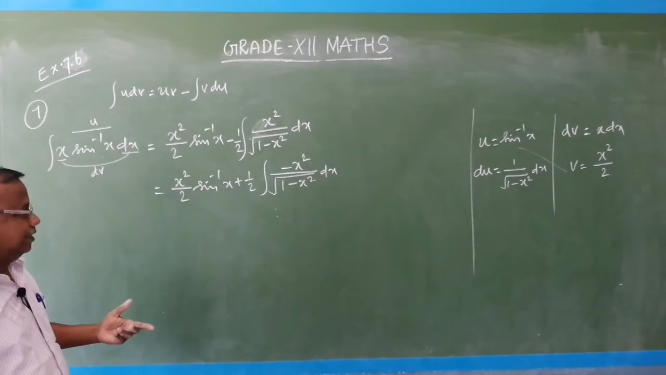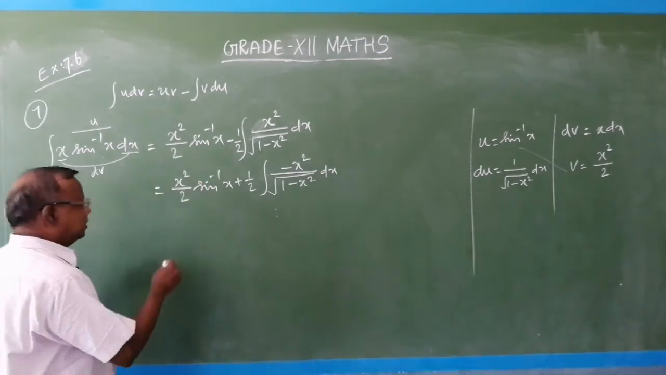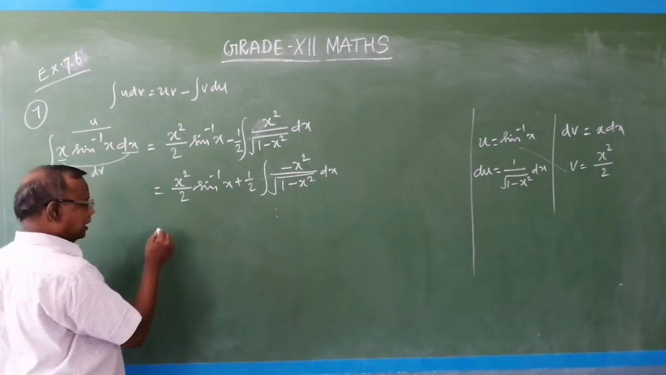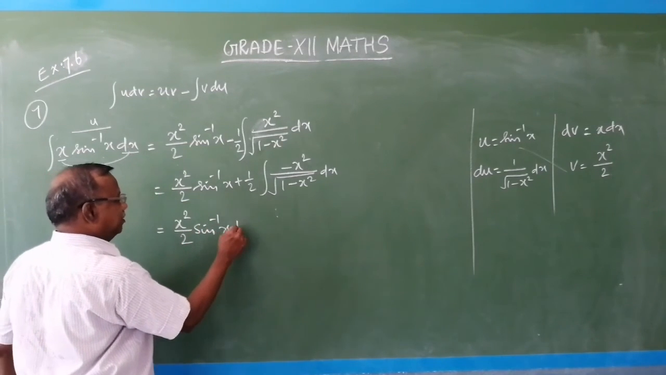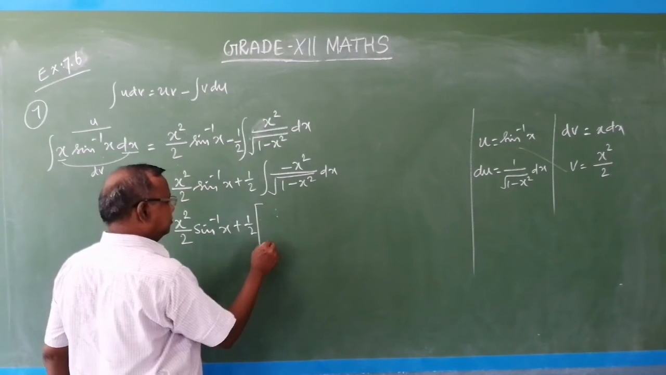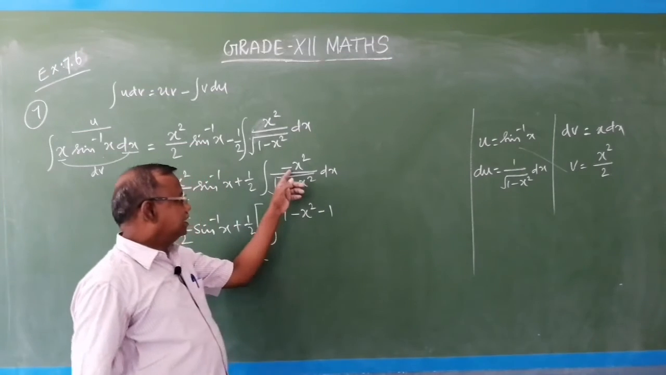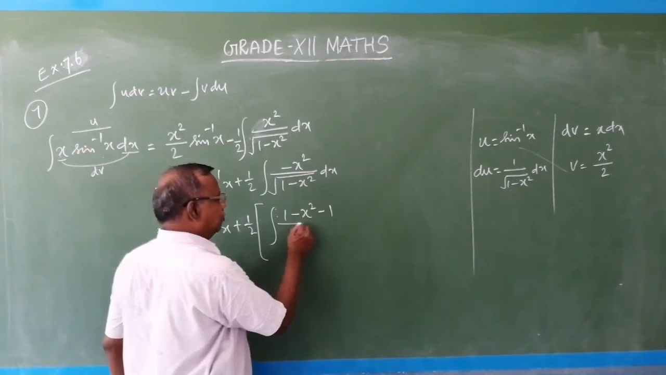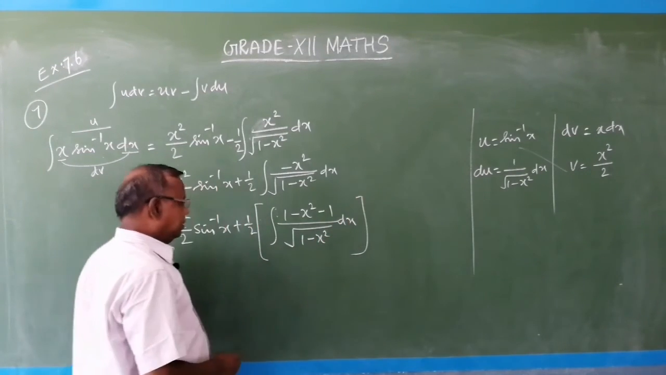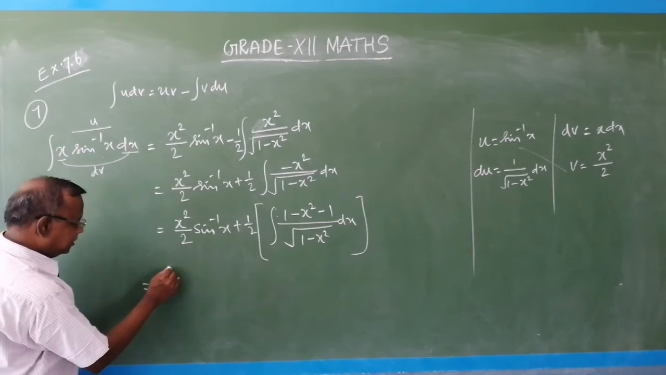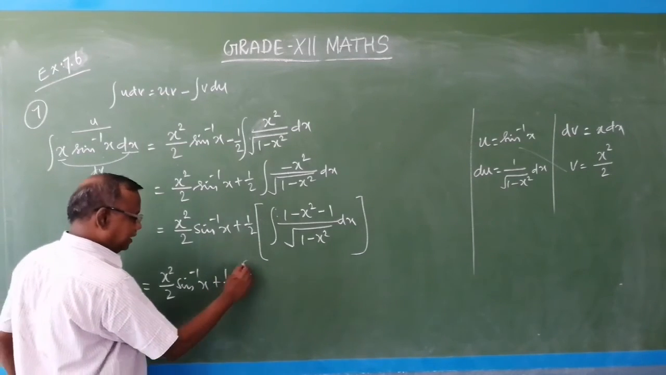Already we got one technique: whenever we have 1 minus x square in the denominator, we can add 1 and subtract 1 without changing the value of the rational function. That is x square by 2 into sin inverse of x plus half into the integral of (1 minus x square, minus 1, adding 1 and subtracting 1) whole divided by root of 1 minus x square into dx, that is equal to x square by 2 into sin inverse of x plus half into the integral,